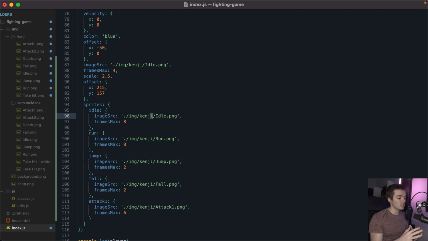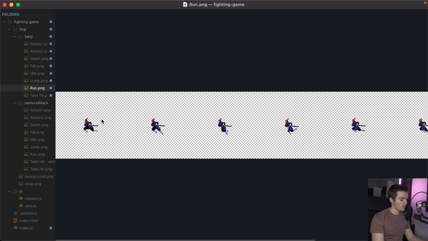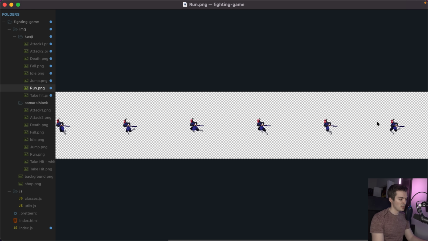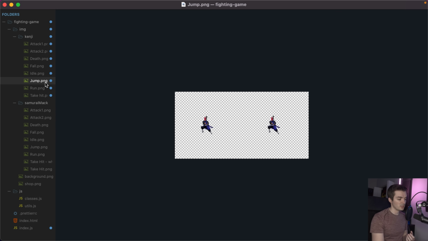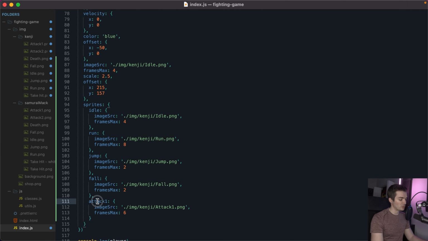So now we just need to go into each image and make sure that the frames match up with the actual image. So we know for idle, we just change this up here to have a frames max of 4. If we go ahead and check out run for Kenji as well, we have 1, 2, 3, 4, 5, 6, 7, 8. So that's going to stay the same. If we check out jump, that's 2, stay the same. And then if we fall, we also have 2, that's going to stay the same as well. And then finally, we have attack 1. This is going to be a 4-frame animation. So over in index.js, we just want to make sure we change attack 1 to have 4 frames max